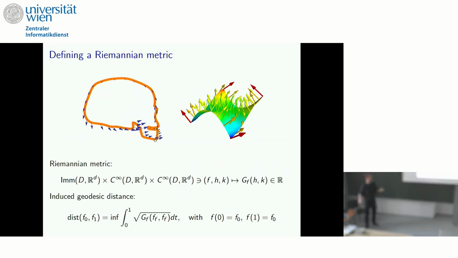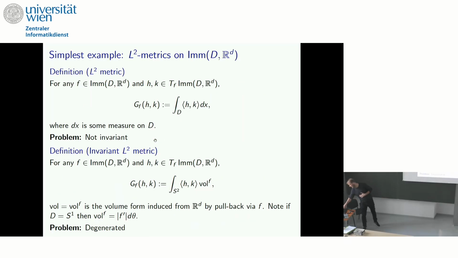Okay, so we are back. We want to define a Riemannian metric, because I wanted to give you some Riemannian metrics from which we can see nice phenomena. So what is the simplest way to introduce a metric? We said a tangent vector is just a function. So what can we do with a function? We can just integrate the function. So we could just take some measure dx, take our two functions, pointwise, they are just elements of R^d, take the inner product, and then integrate them up.